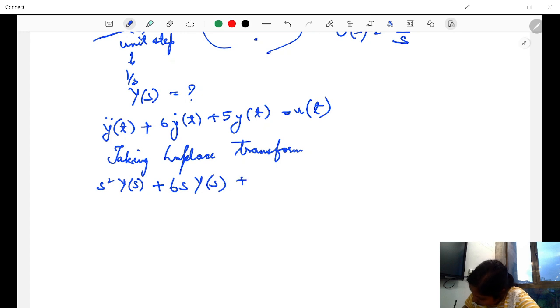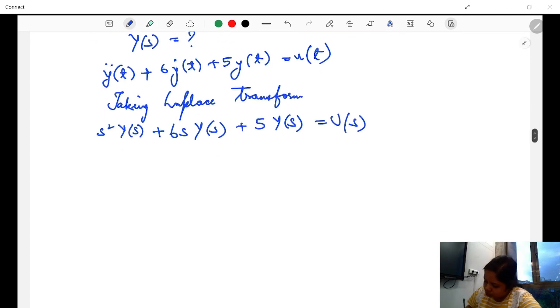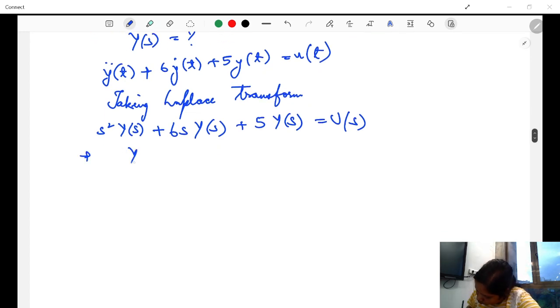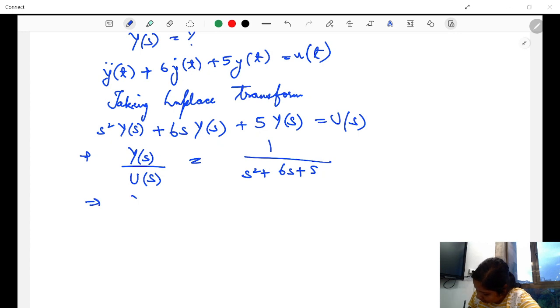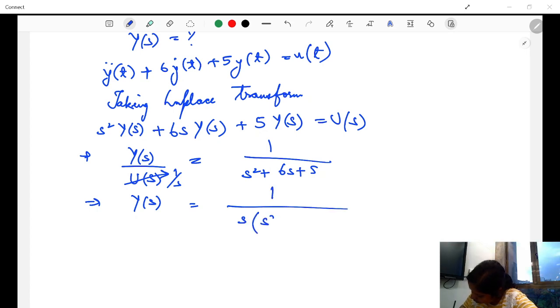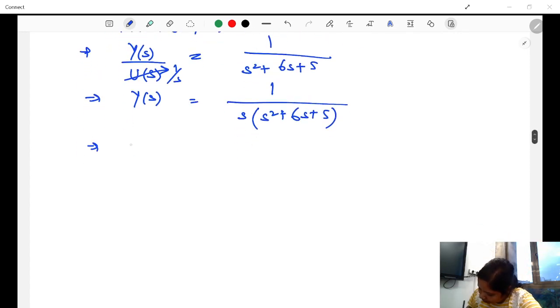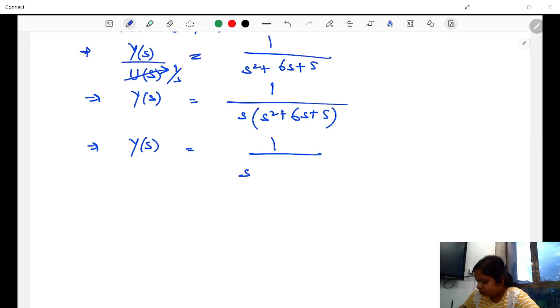6 Y(s) plus 5 Y(s) is equal to U(s). So when you try to find out Y(s) upon U(s), what you get is 1 upon s square plus 6s plus 5. So U(s) here is 1 upon s. So here it would be s square plus 6s plus 5. Now Y(s) can be written as 1 upon s into